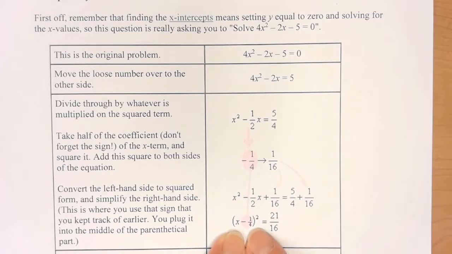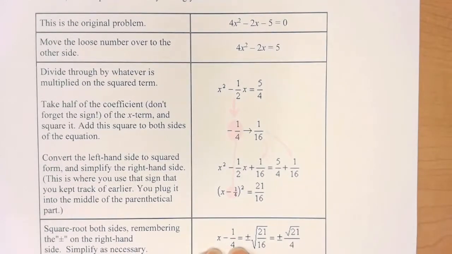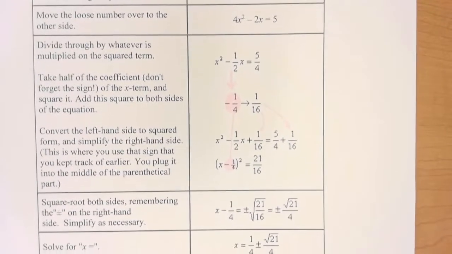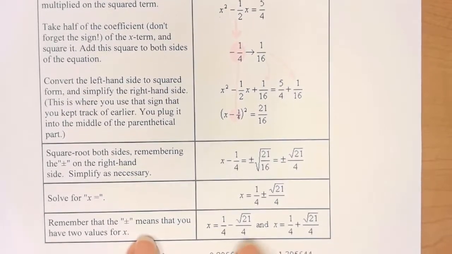Now we're almost done because this is what we did in the very last part. I'm going to take the square root of both sides. Okay? And now solving for x, I'm going to add 1/4. So this would be my answer. Always remember the plus or minus. I've got two values. Okay? Two values. I'd prefer it be left like this, but this just means you do have two values